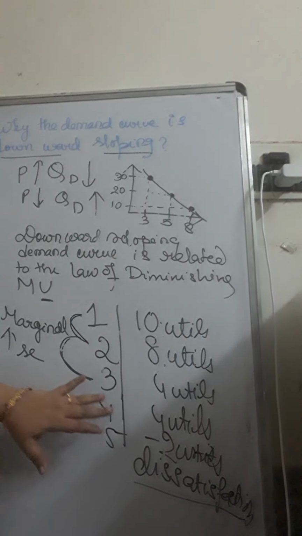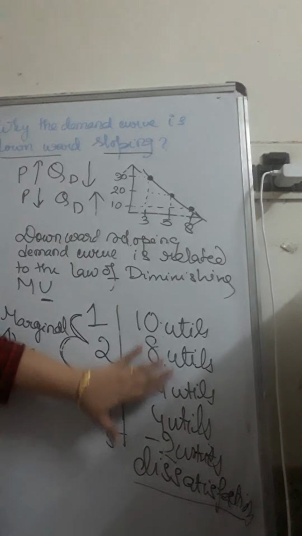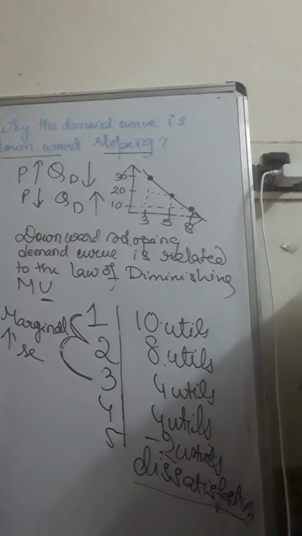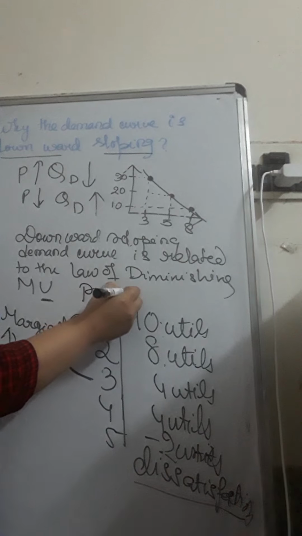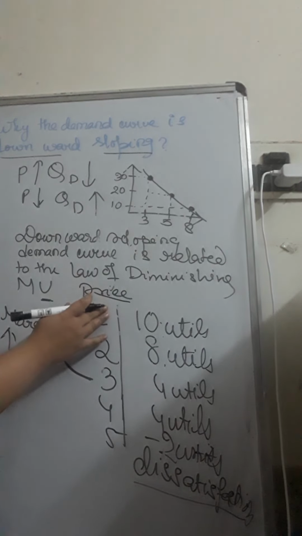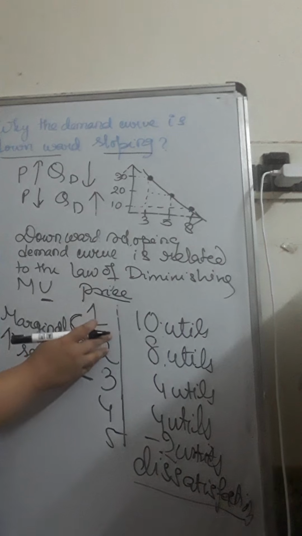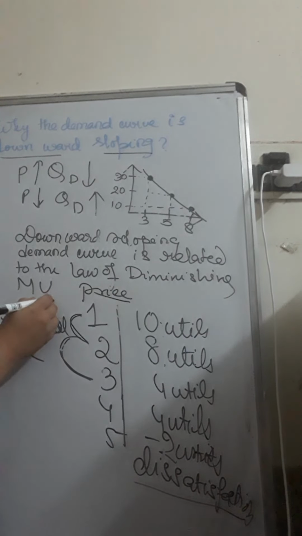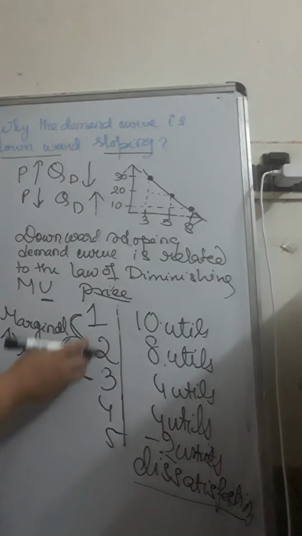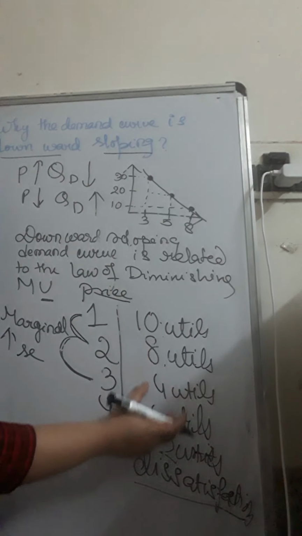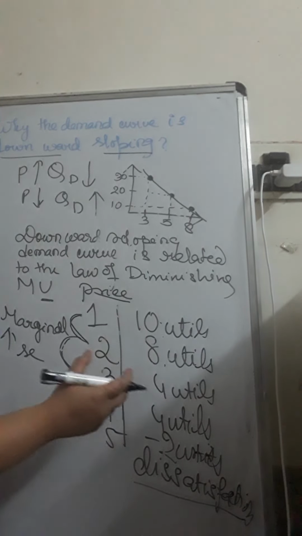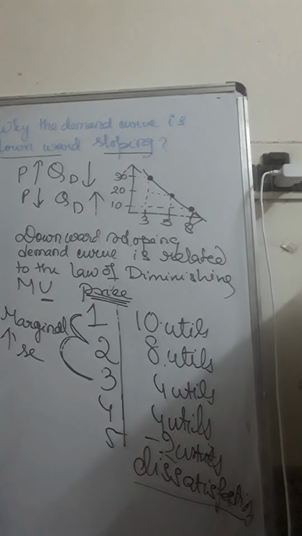Now we come to explain, with the basis of marginal utility, the demand curve. What happens? Now always remember, we are ready to pay a price for a product. Why? Because we expect that the product has value for us, the product can give us utility, some satisfaction. But when you know that on increasing the number of items of the same product, your utility is falling, will you be ready to pay the same price for the product?